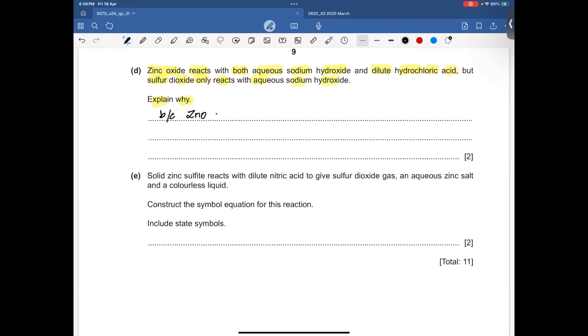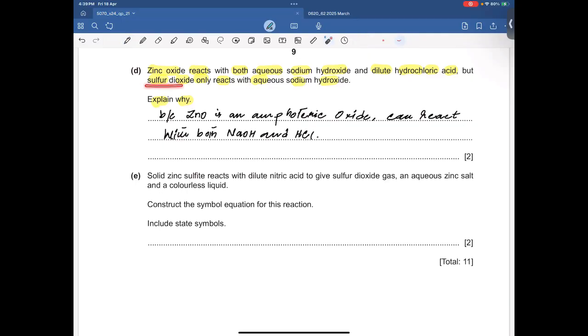Because zinc oxide is an amphoteric oxide, it can react with both NaOH and HCl,